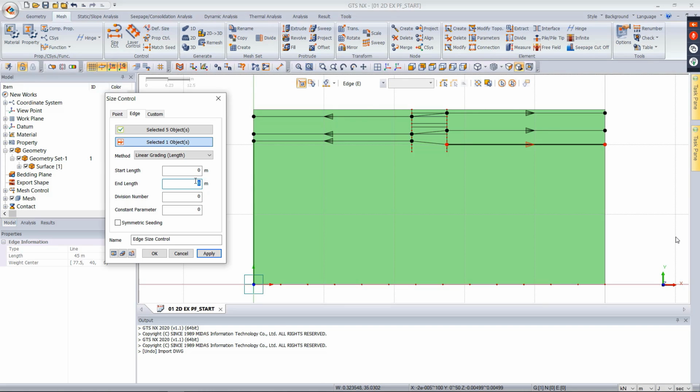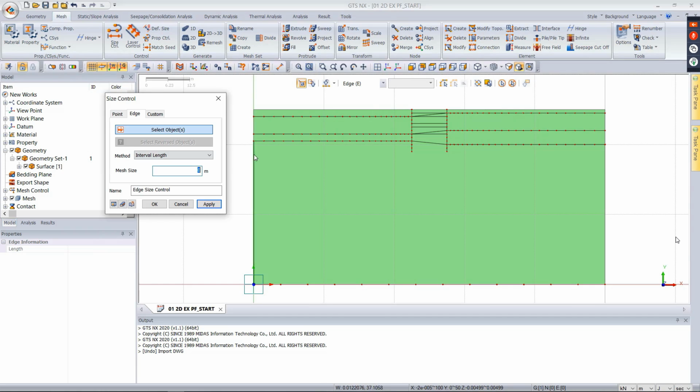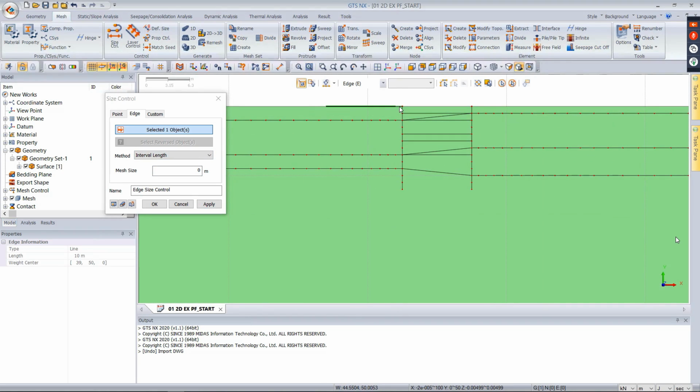Length means the size of the mesh set, so I will give 1 for start length, and I will give 3 for the end length. Let me check with the preview mode. Okay, apply, and I will give, here is 1 meter for the mesh set,